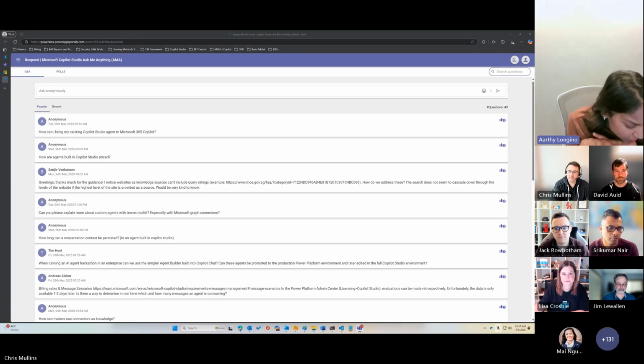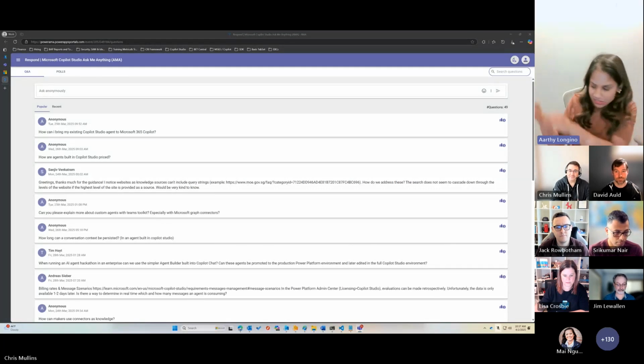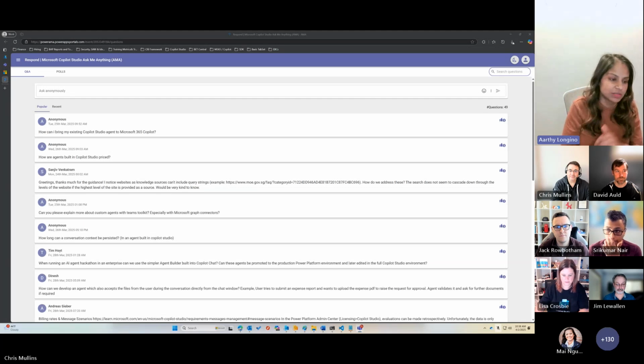In addition, coming soon, before you publish your agent, is the ability to have a native evaluation experience in Copilot Studio. So a lot of the metrics that David was talking about, if you have a small data set or a large data set that you have pre-labeled, saying, hey, this is the input, this is the expected output, I know this is the right answer, you'll soon be able to easily upload a data set and get evaluation metrics back,